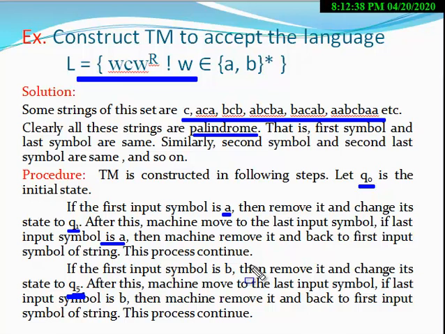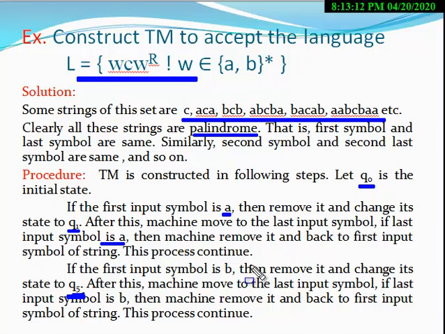When all the string before C is eliminated, then the machine moves to another state and checks the input string after C. If there is no input string after C, then the machine goes to the final state. If there exists some input string after C, then the machine does not enter into the final state. Okay, so this is the whole logic to construct a Turing machine corresponding to this language.